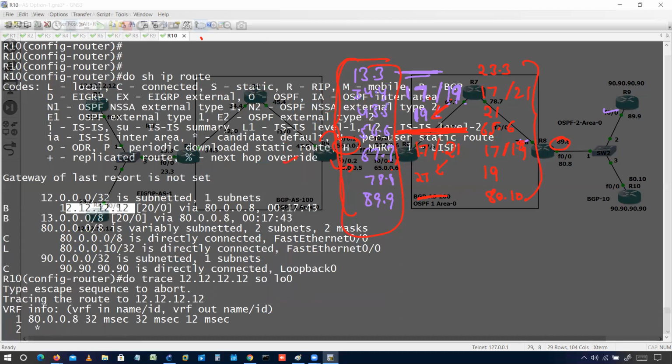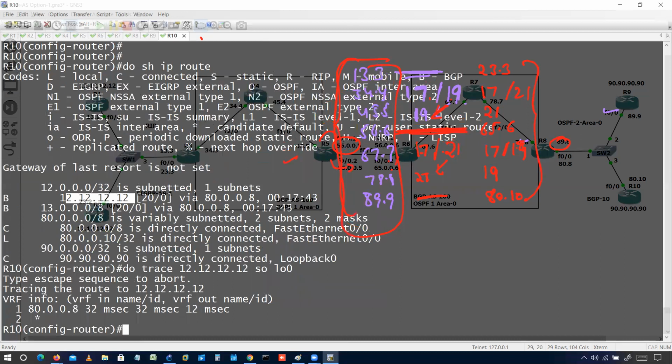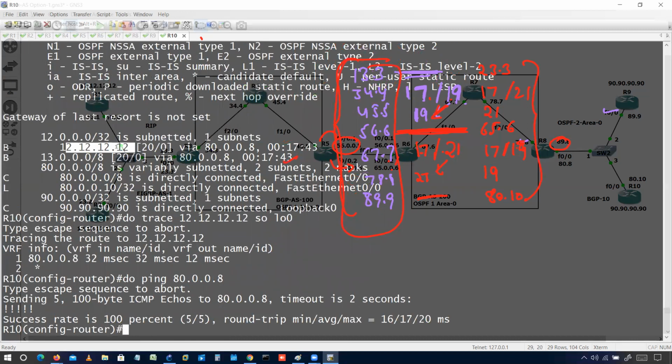We do have some issues here. Okay, so do ping 30008, that is secure.